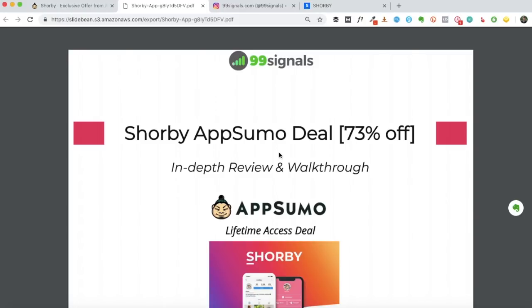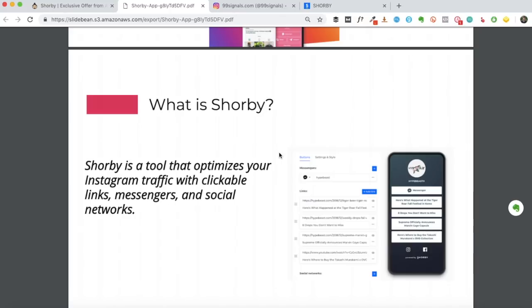So let me now explain what Shorby does for you. It is a tool that optimizes your Instagram traffic with clickable links, messengers, and social networks. So you can provide links to your latest blog posts, your latest videos, your podcast episodes. You can even provide links to your messengers, your Skype messenger, your Facebook messenger, or any other messenger that you're using, even WhatsApp.